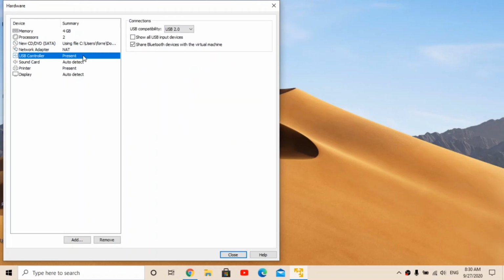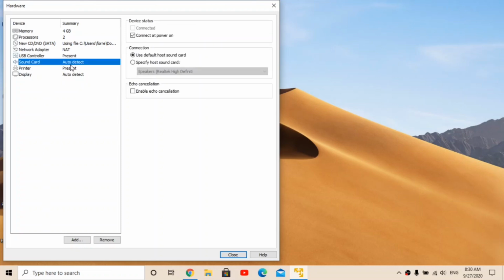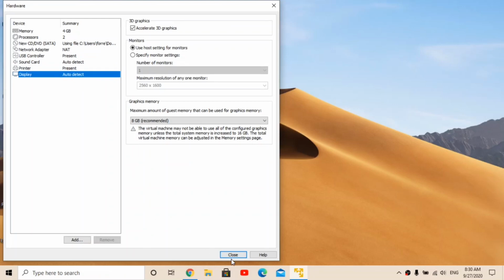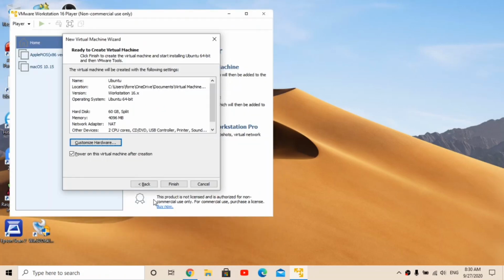USB controller: if you want your virtual machine to be able to use USB devices that you plug into your computer, tick this thing right here. Now that you tick that, when you plug a USB device into your computer, you'll be able to see it in your Ubuntu virtual machine too. The sound card is good, we don't have a printer, and display. All of those settings seem good. So what we're going to do now is click finish,